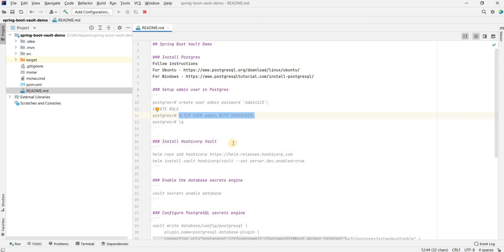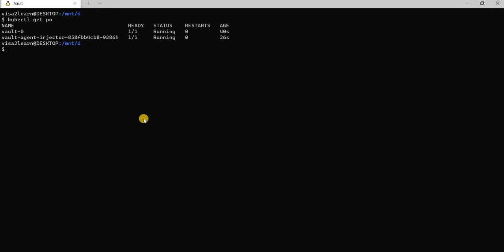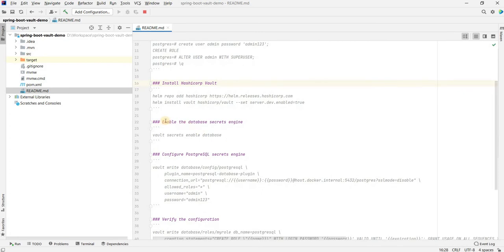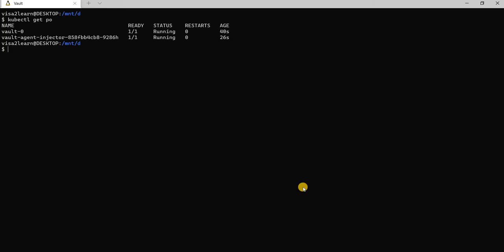The next step is installing the HashiCorp Vault. You can go ahead and run these two commands. I already have HashiCorp Vault installed on my Docker Desktop, and as you can see, the two pods are running. So once it's installed, let's go ahead and enable the database secrets engine. But before that, we'll have to exec into the pod.